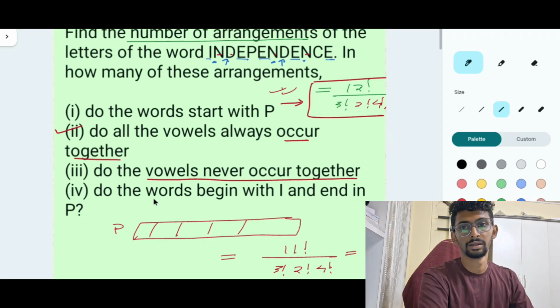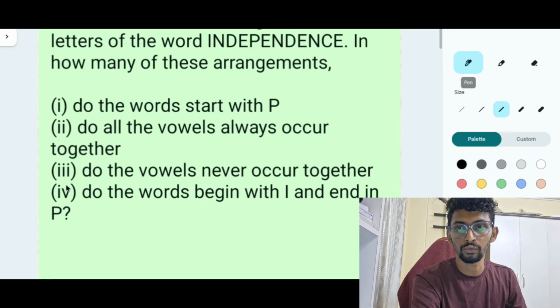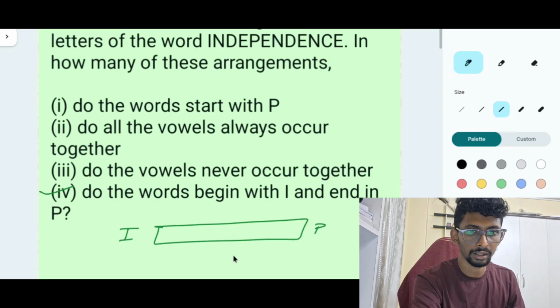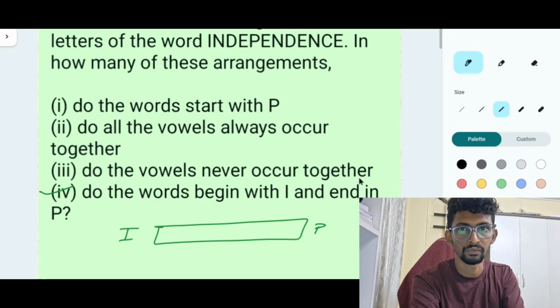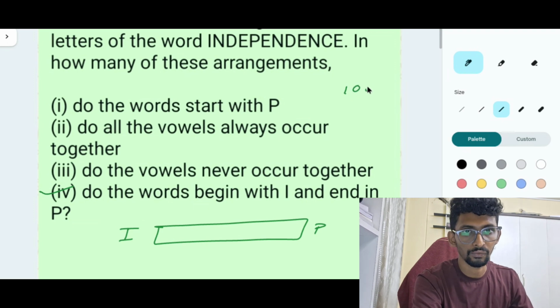Okay, next. Now the fourth one, do the words begin with I and end with P. Okay, it begins with I and ends with P. So out of these 12 letters, 2 are already fixed. So between them, we have to arrange the rest 10 letters. So that means it will be 10 factorial